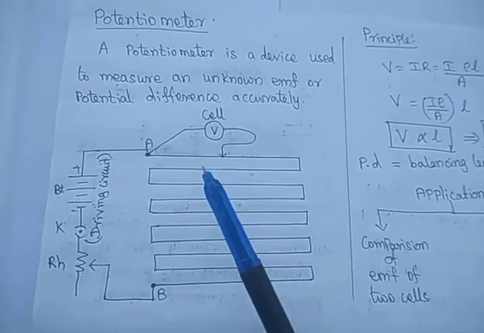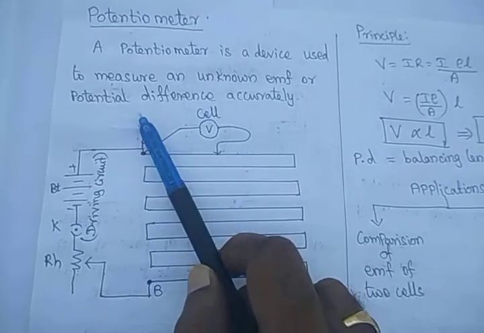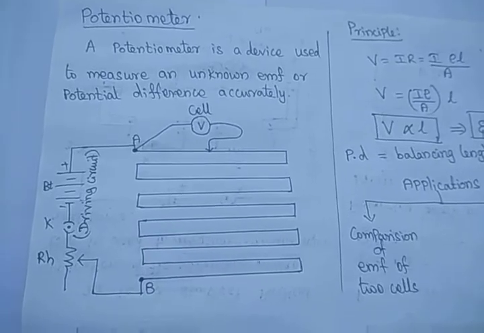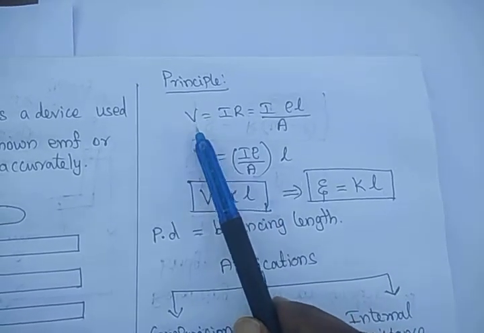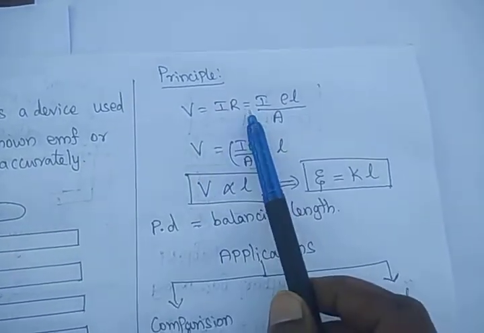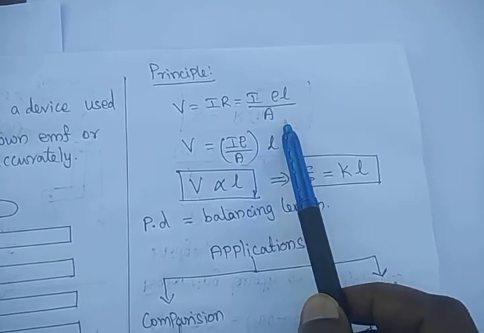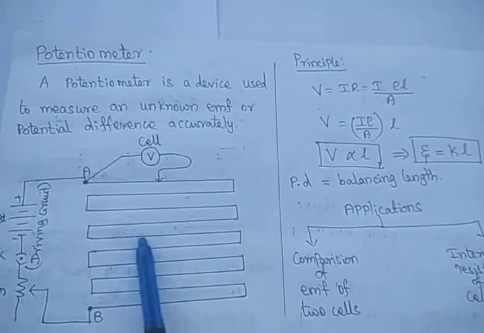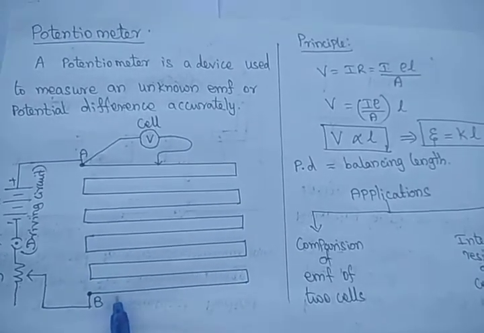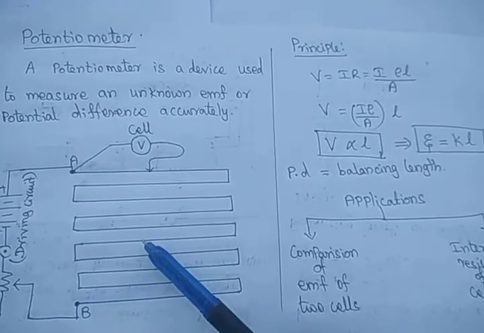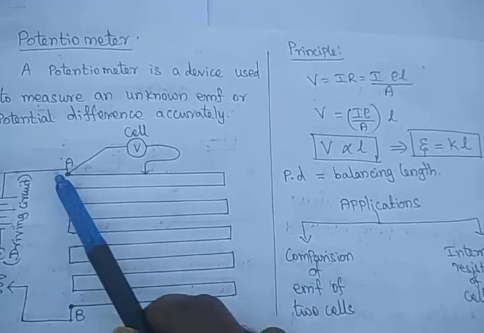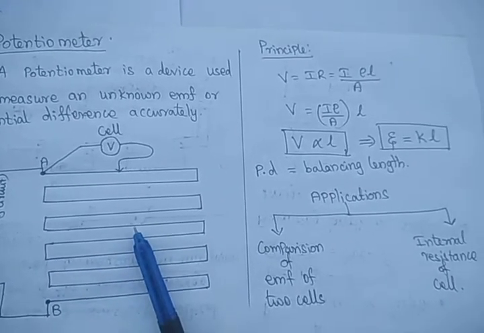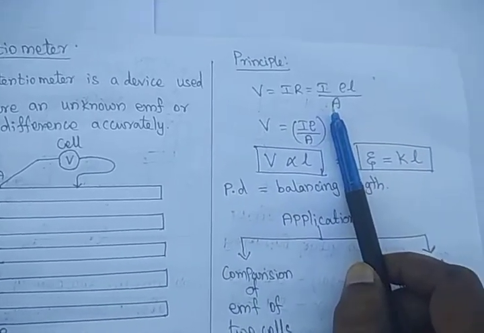So how are we going to measure the potential difference or the EMF of the cell by using potentiometer? Very simple, students. We know that V is equal to IR is Ohm's law. R is equal to rho L by A. As I said earlier, this wire has an even area of cross section. The area of cross section does not change. The thickness of wire is same for all the 10-meter wire. Same material, same 10-meter length only we have taken. So the area of cross section does not change.